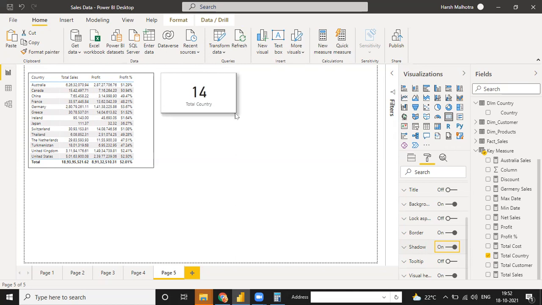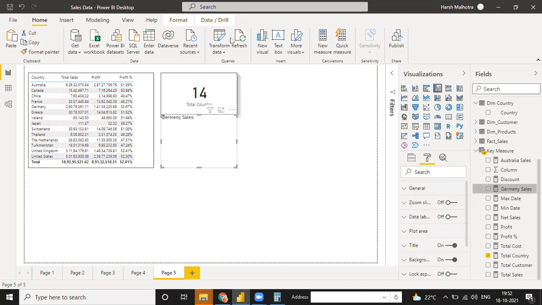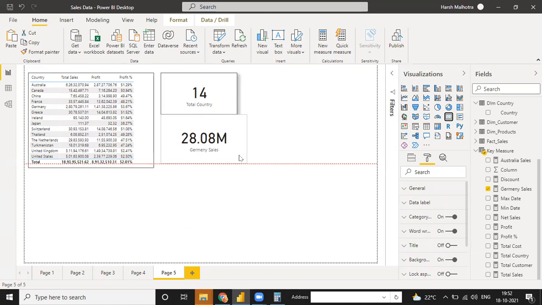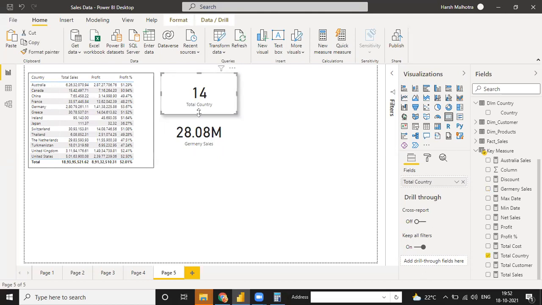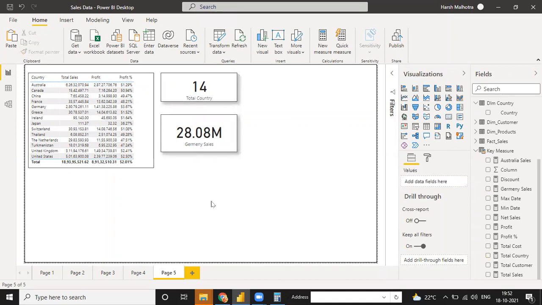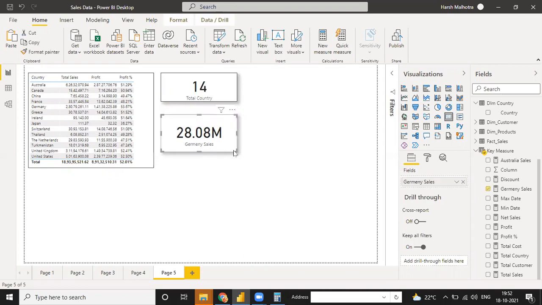And in the same way, right now in front of you, I'm entering the Germany sales. So you can drag down your Germany sales value as well. I have one more point. When you format one visualization, you don't have to go again to the formatting pane. There are many options for this. Click on this visualization, use format painter and just drag down. See, formatting is done for the next visualization. You can use your format painter on this as well.